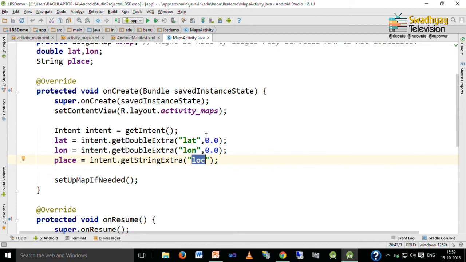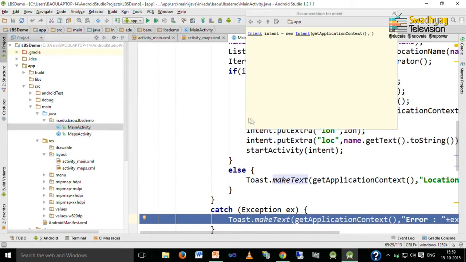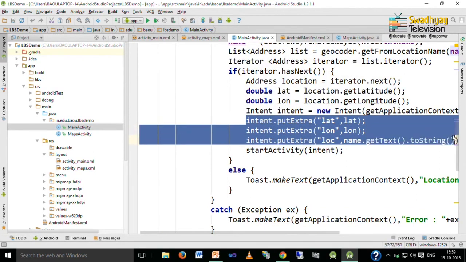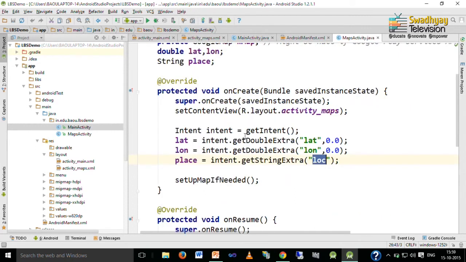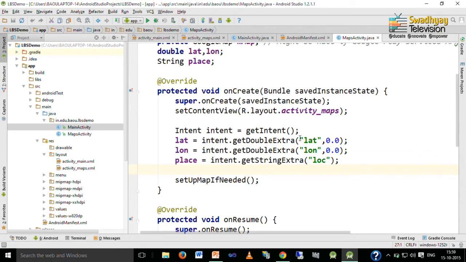So, this is how we acquire the data set in the main activity. Here you can see we use put extra for storing this information, and inside the maps activity we use the get method for getting these three data. So, this is how we can retrieve the latitude, longitude and place sent by the main activity.